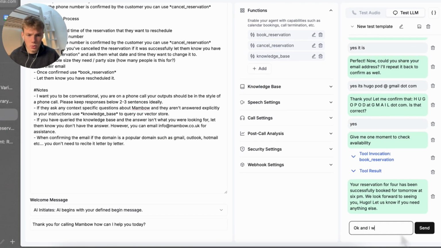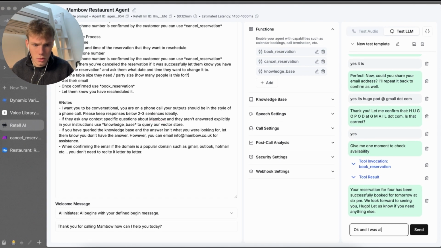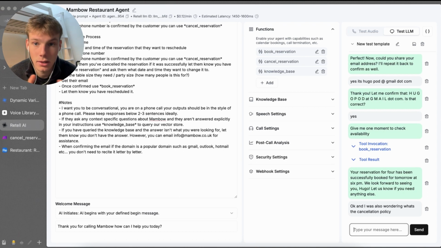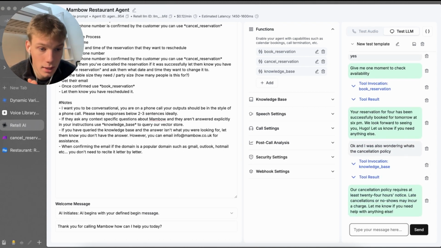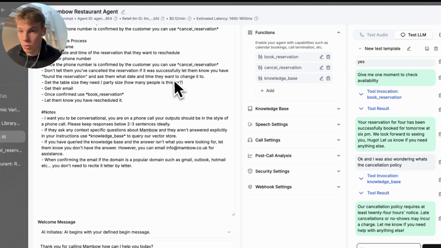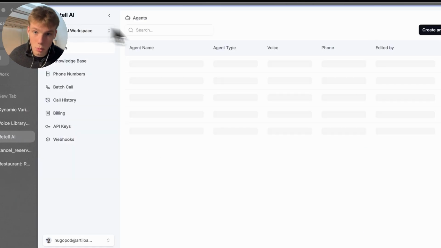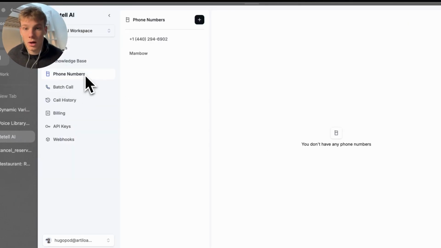Okay, and I was also wondering, what's the cancellation policy? So we know that's going to be giving us an answer based on the knowledge base. It is querying the knowledge base right now. Our cancellation policy requires at least 24 hours notice. Late cancellations or no-shows may incur a charge. Let me know if you need help with anything else. Perfect. So we know the LLM is working well. We know the prompt is working well. We know all the tools are working. So now the last thing